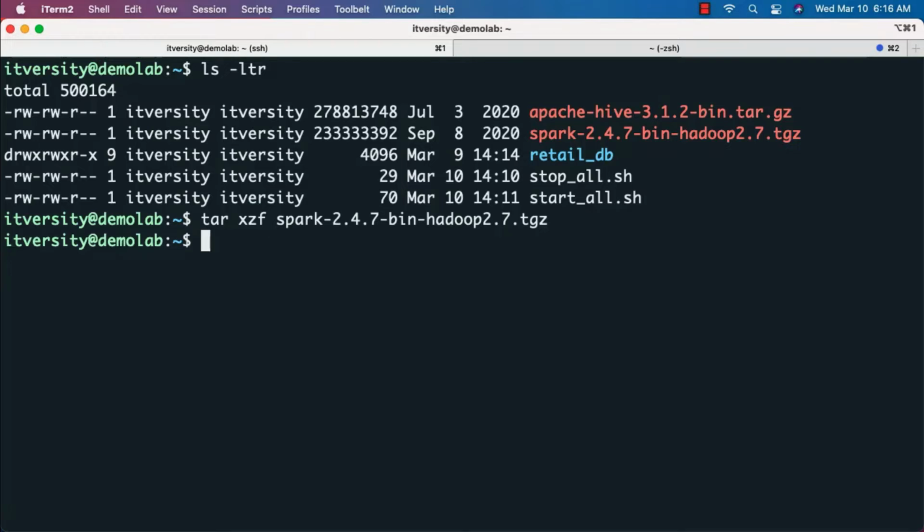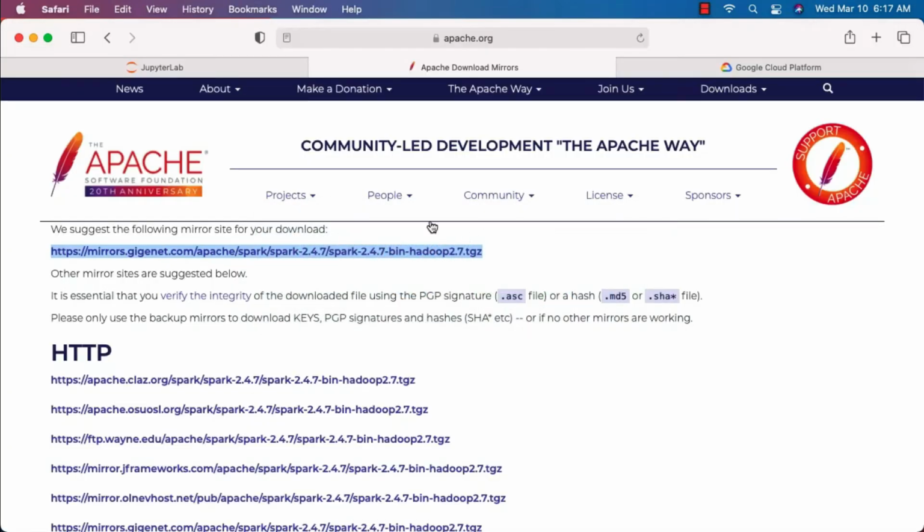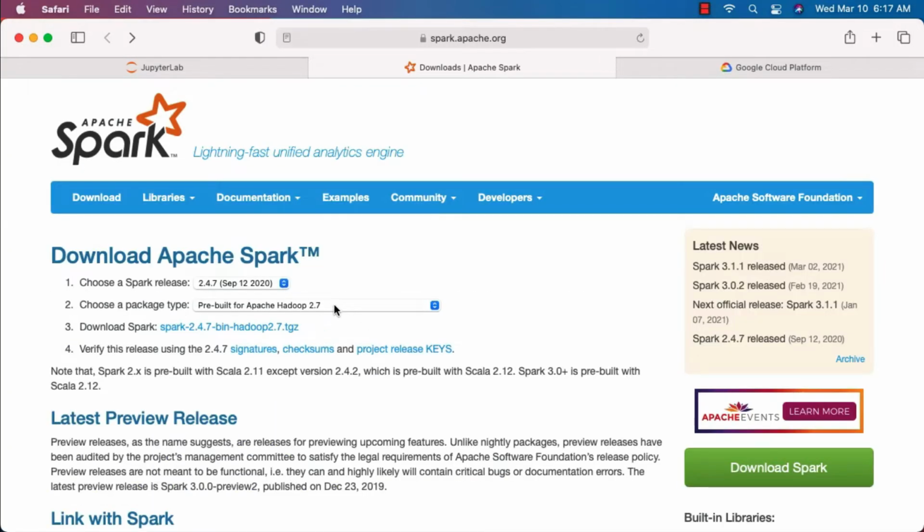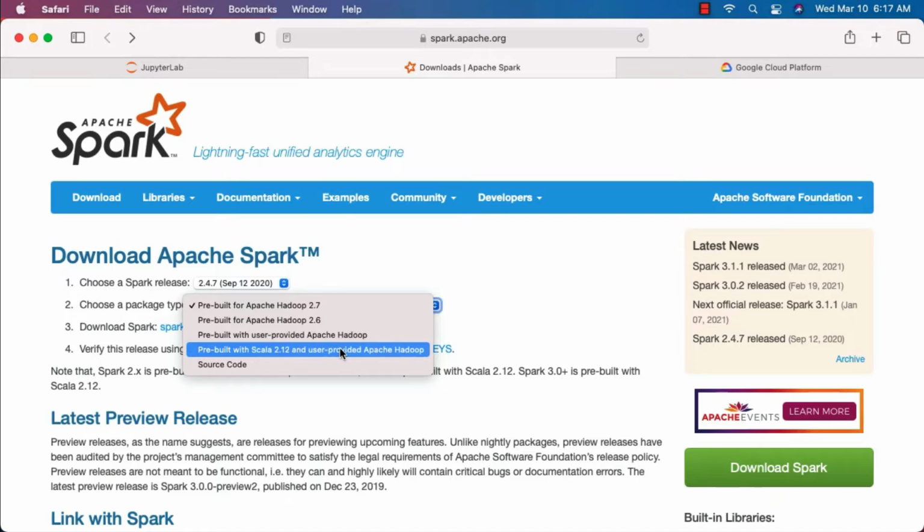Even though the Hadoop that is set up on this single node cluster is later than what we are setting up here with respect to Spark, still it will work. There might be some compatibility issues and hence it is not recommended to use in production. But for our learning purposes, for most of the aspects, this tarball is good enough. If you use other tarballs which are available here, such as Spark without Hadoop, then you might run into some issues with respect to integration related to Hive and all. You have to build the Spark using the source code and take it further. It is a bit cumbersome. Don't get into those level of details at this time.